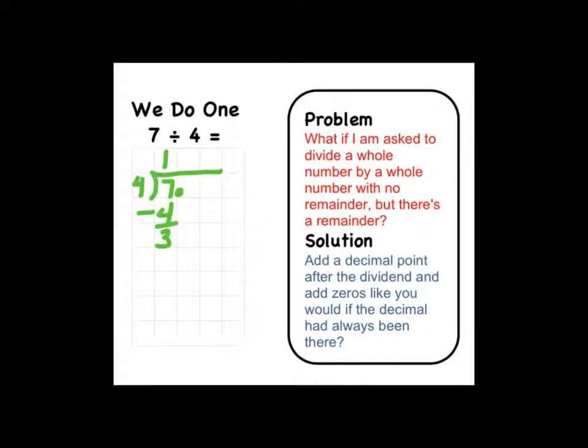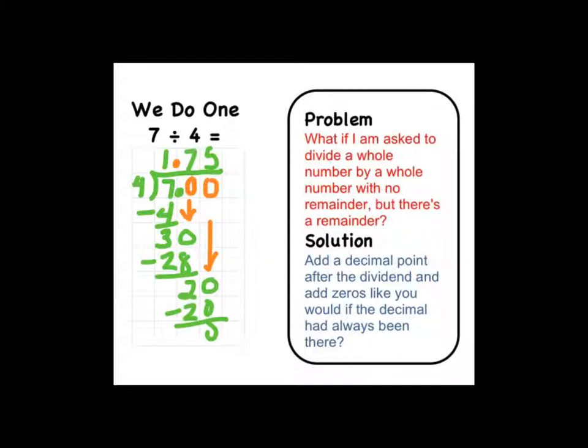But if I add that decimal, and I'm going to put it right here in my answer so I don't forget, I can add a 0 here, and then I can bring the 0 down, and I can divide 30 divided by 4. 4 goes into 30 7 times. 7 times 4 is 28. And I still have that remainder here. So I can add another 0, bring it down, and now I'm going to be dividing 20 divided by 4. And I get 5, and subtract, and I have no remainder. So the answer to my problem would be 1